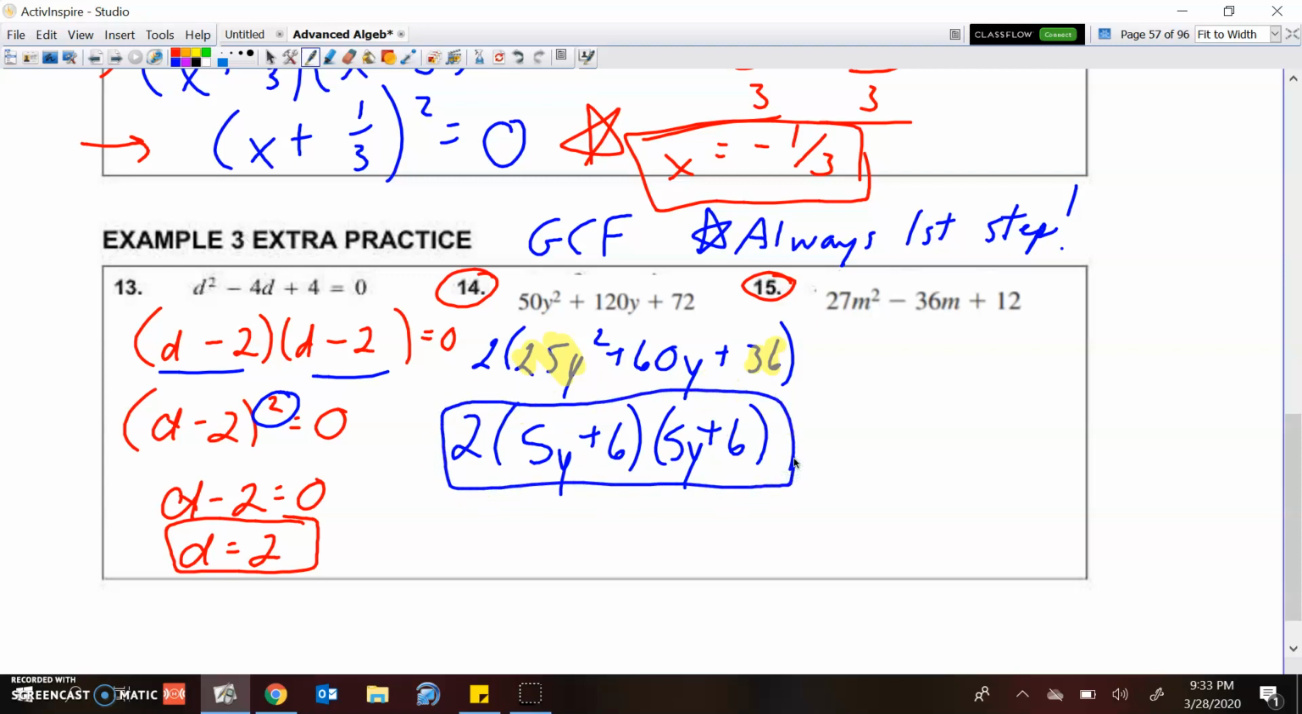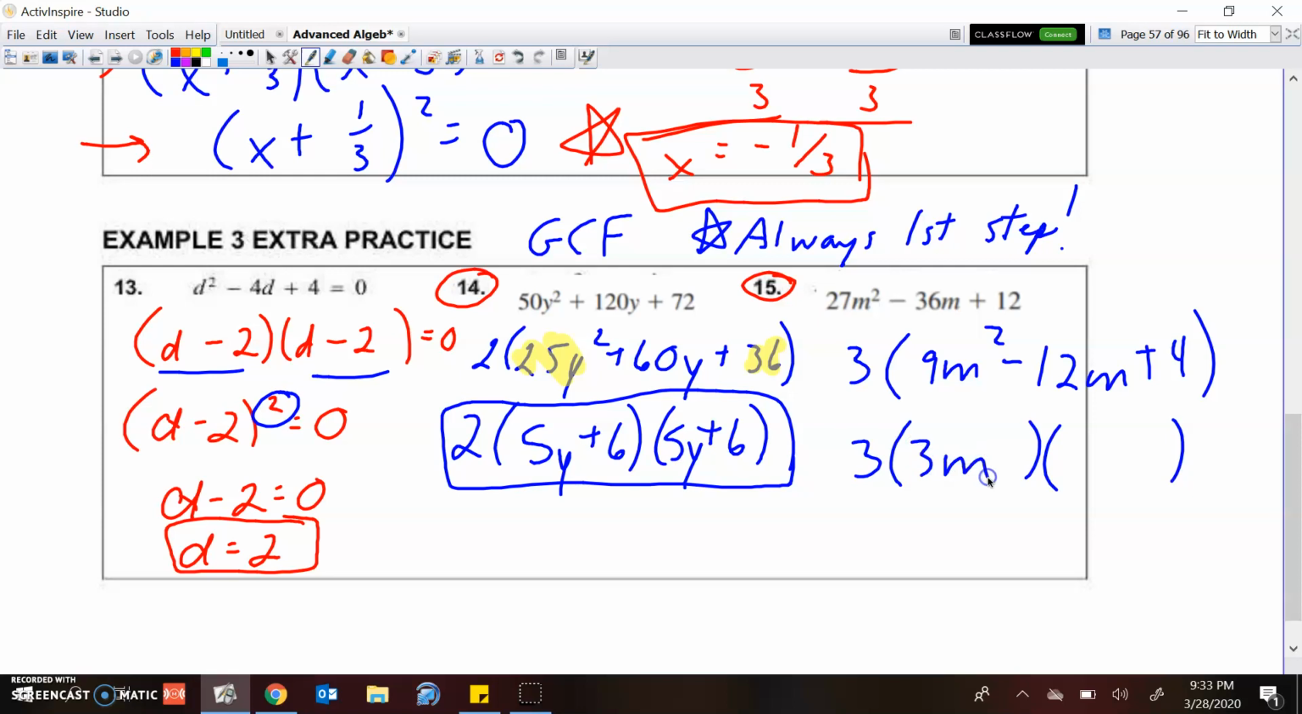Okay. One more GCF problem to wrap it up. I can look here and pull out a 3. So I'm going to get 3 times (9m squared minus 12m plus 4). The 3 stays. The square root of 9 is going to be 3m and 3m. Square root of 4 is 2 and 2, two subtractions. Now in both of these, I can take them one step further. This one I'll write as 3 times (3m minus 2)